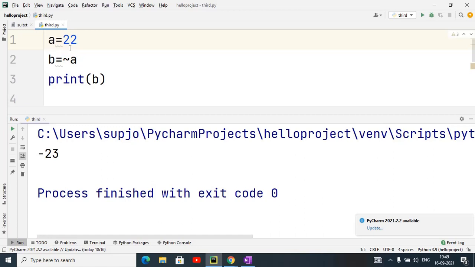Yes, sir, how is it going? That's why I am telling the mechanism behind this. So what exactly is the mechanism behind this? For that you have to check the MSB. If MSB is 1, then you have to apply the sign bit representation system. Sign bit representation tells how negative numbers are represented. Mostly computers use the 2's complement method to represent negative numbers. So that's why the mechanism is like this.